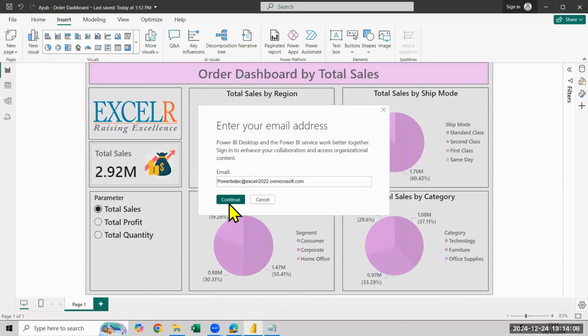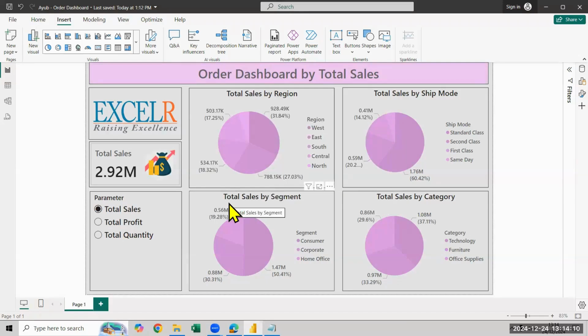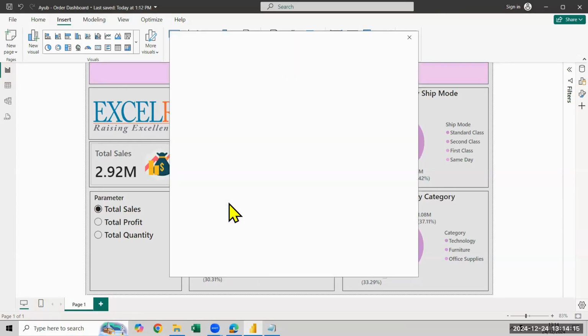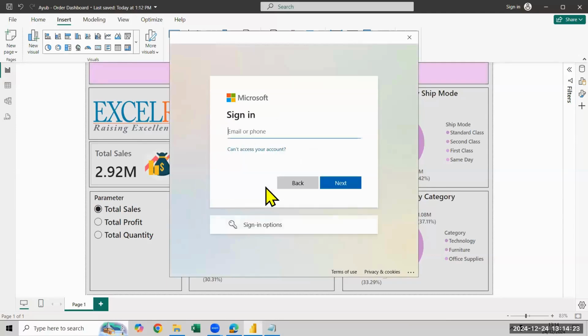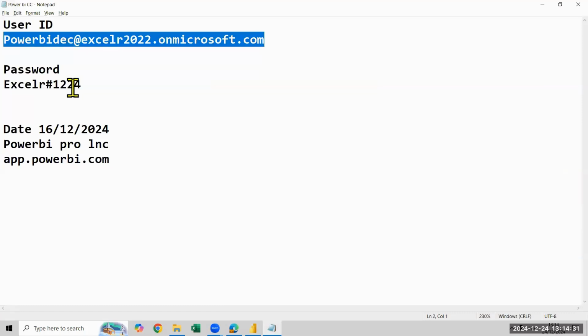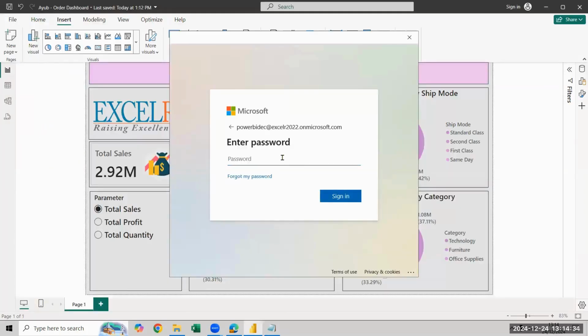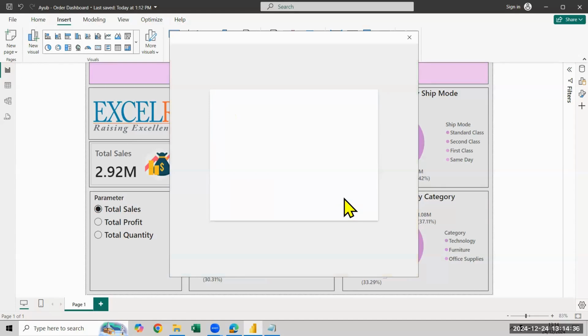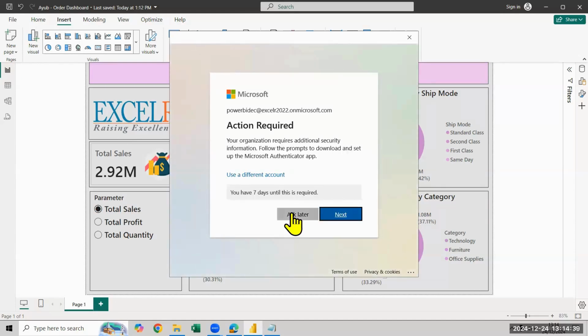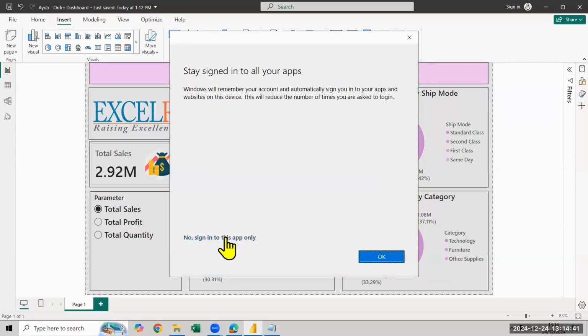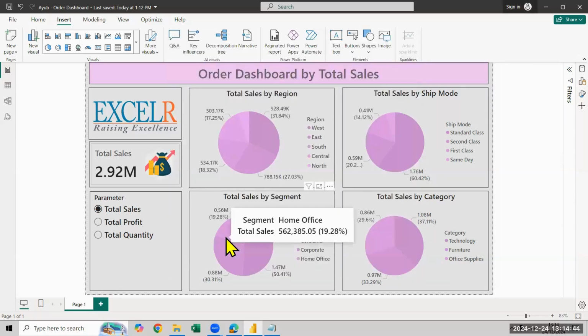Then you have to paste the email and continue. Once you have pasted the email over there, it will again ask for the email ID. Next, give the password and sign in. And then ask later. That's it. Once you have signed in,